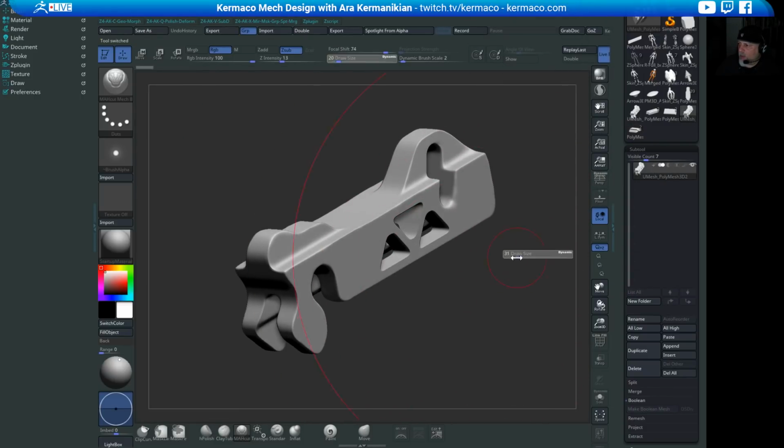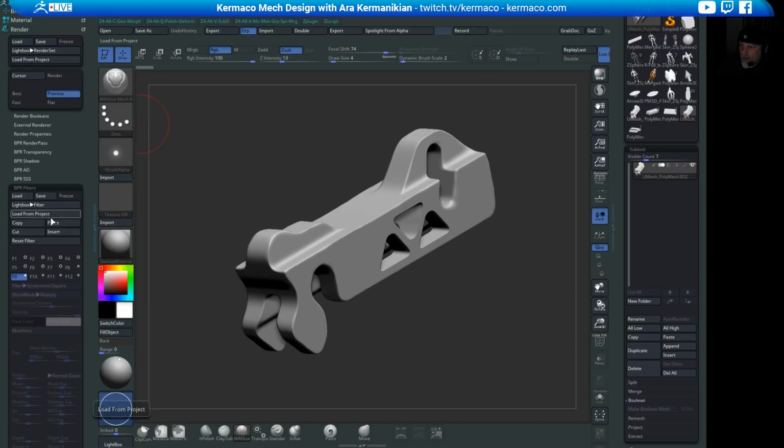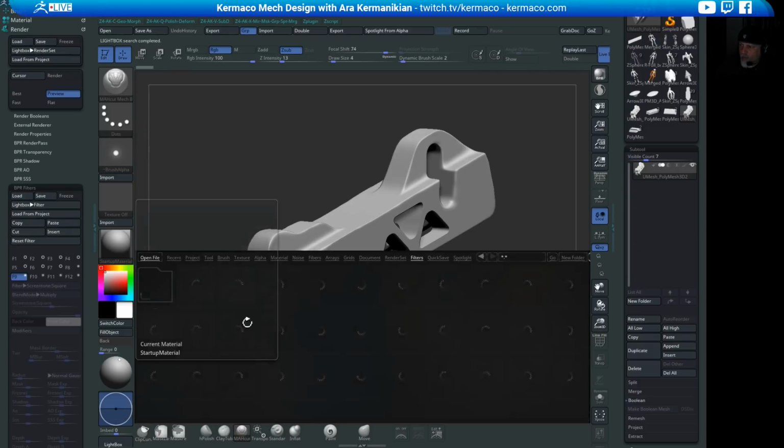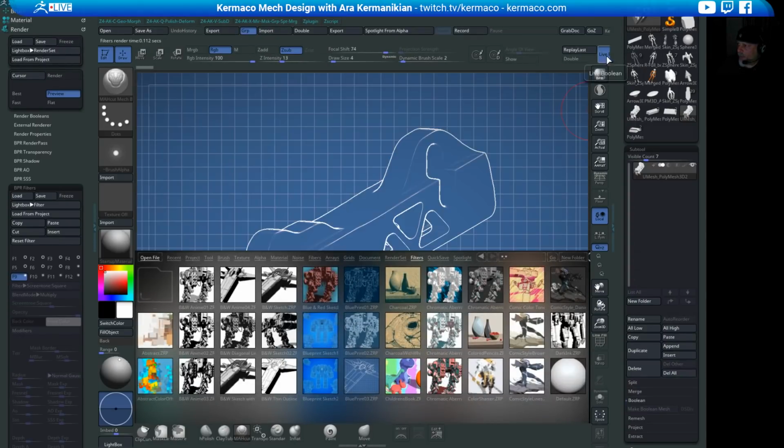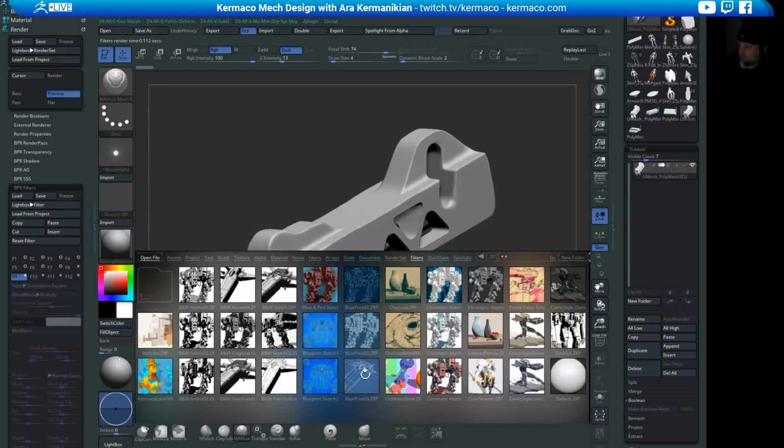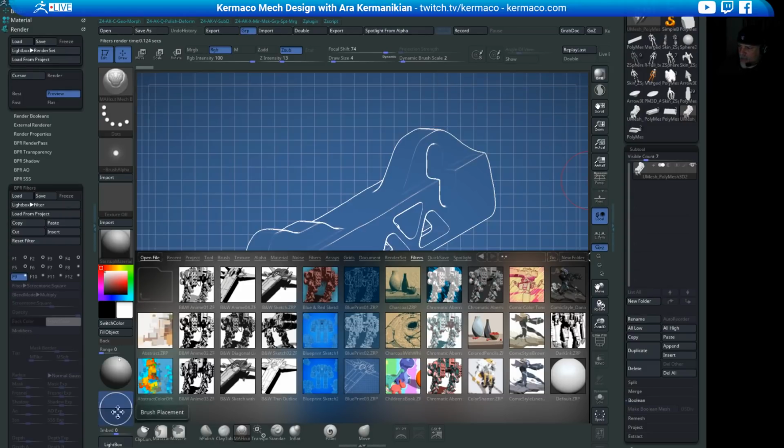And if I want to see what this looks like in a kind of cartoonish anime look, I can always go to the render menu and go to the list of filters here. Actually, let me BPR it first. So here is kind of the,